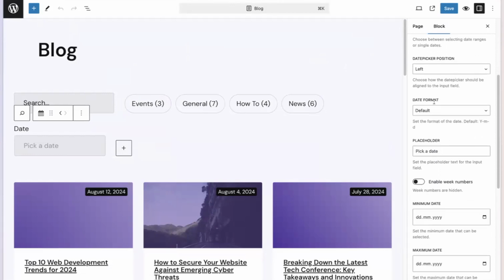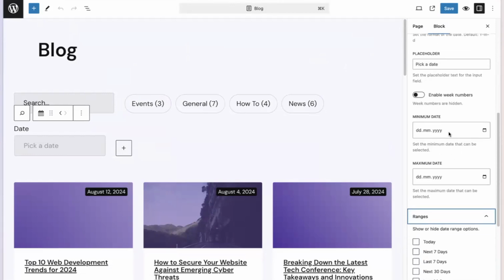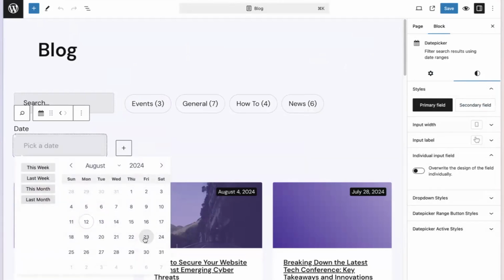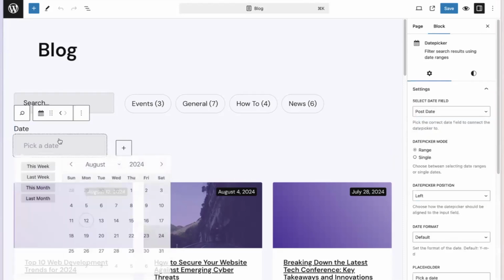There are a lot more capabilities around there: the date format, placeholder, obviously all the design capabilities you know of, or secondary field, primary field, and with label, drop-down styles. Pretty much every design option here can be customized. The default is always pretty much inherited from what you set up in the site editor. So this usually inherits your grayscale colors and what you set up inside the theme. And this is pretty much what the date picker is all about.